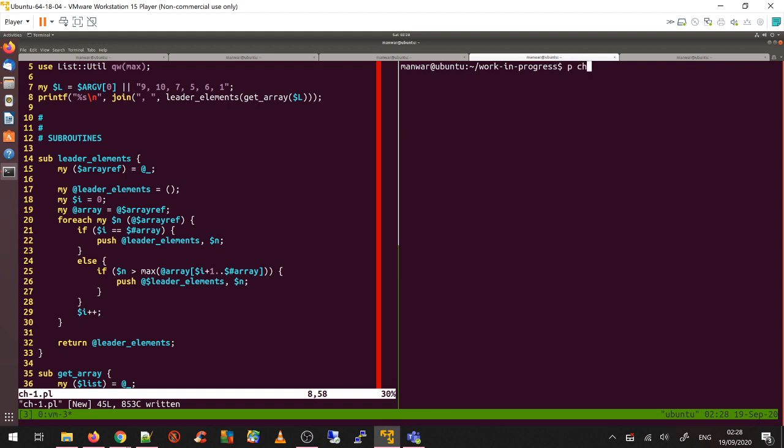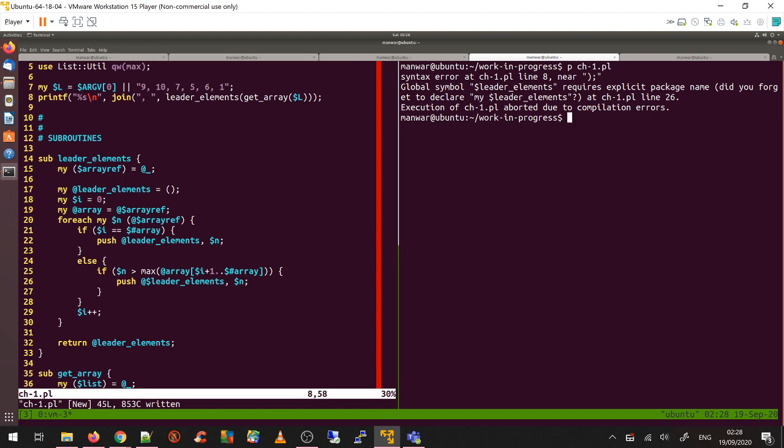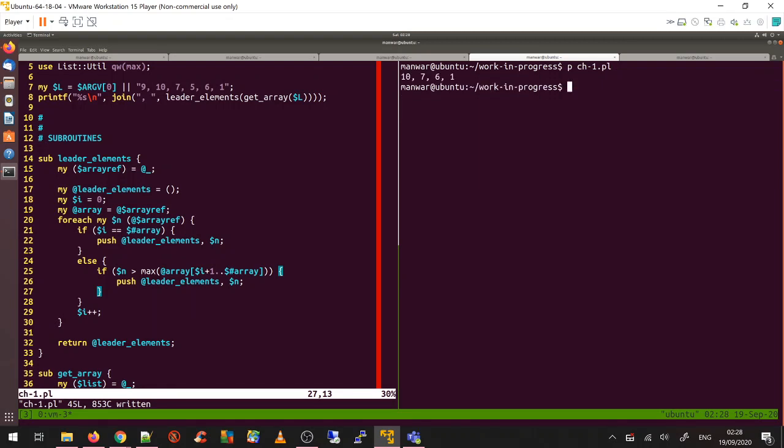Nice and easy. Let's see how many tadpole got. Line number 8, that's missing, and then another one is leader elements line number 26. Okay, it's just an array, no need to do. So this is my leader elements based on the default value is 10 7 6 1. Let's check if that matches